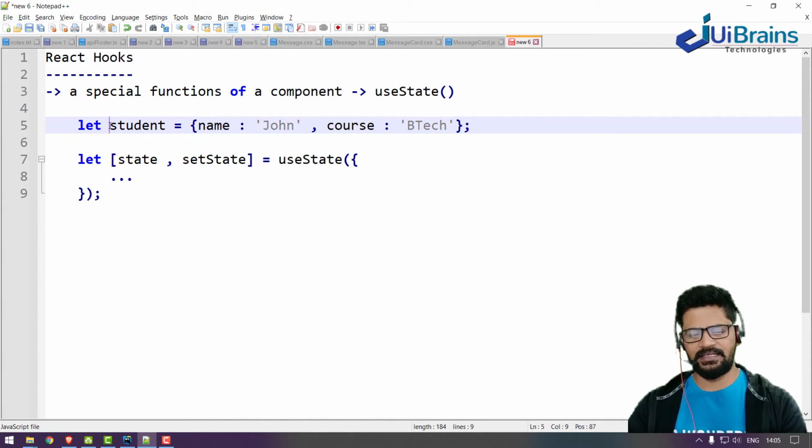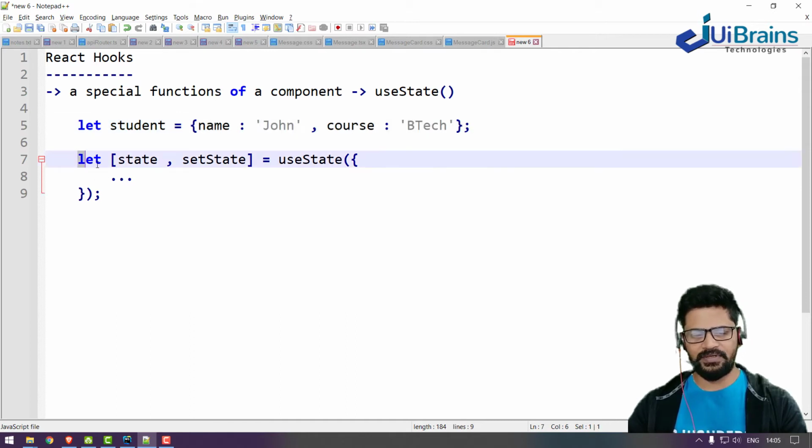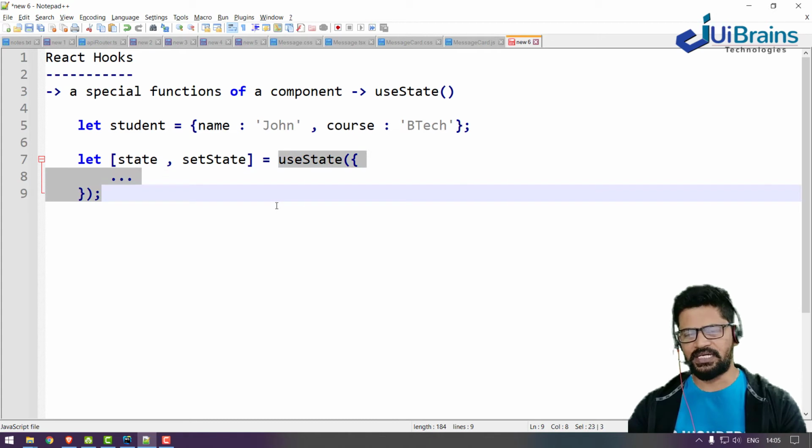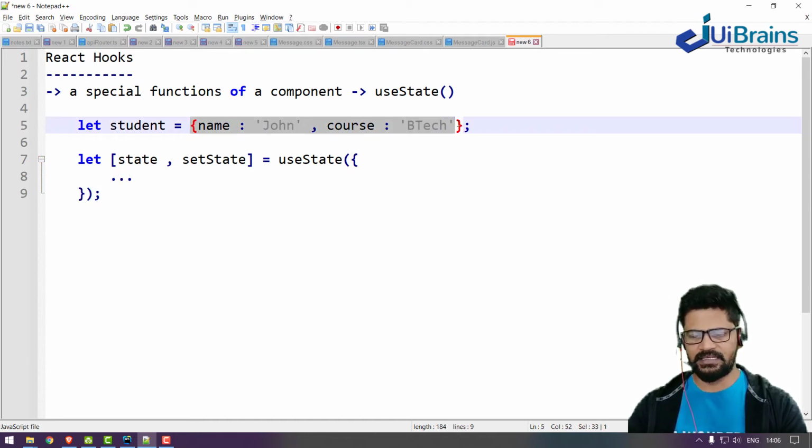Here we have the name of the variable and the actual value of the variable. With the useState hook, let an array is equal to useState. This is the structure. Inside useState is an object, and that itself is the state object.